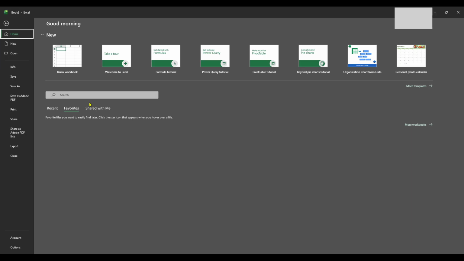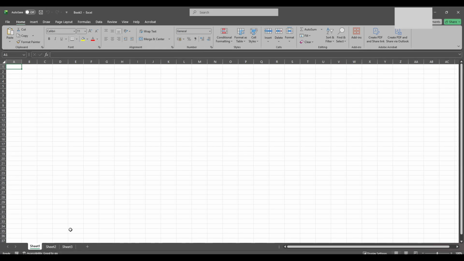With your spreadsheet open, turn your attention to the bottom of the screen, where you'll see tabs for each worksheet within your document. This is your Worksheet tab area. If you only see one worksheet, you might need to add more, using the plus icon, or perhaps the workbook you're dealing with only has one sheet.